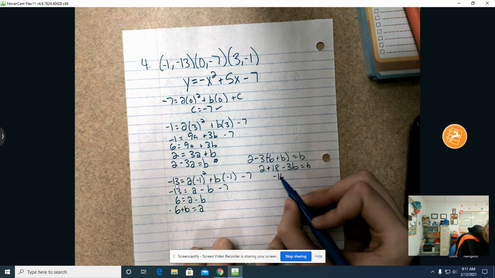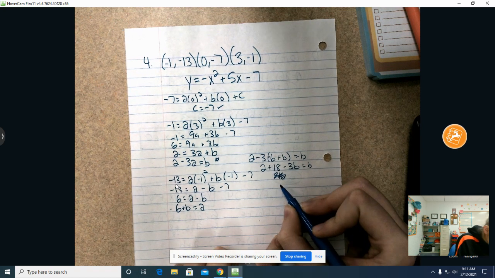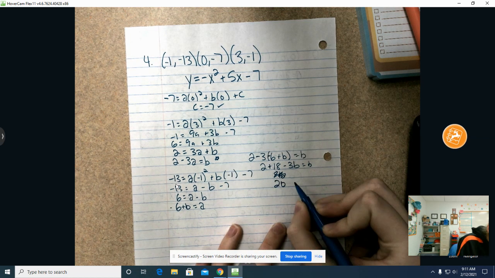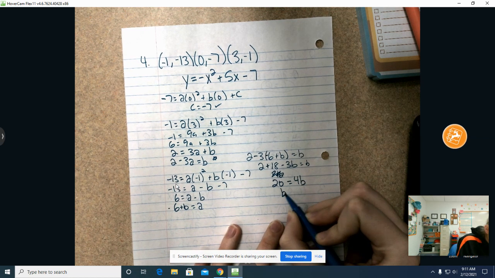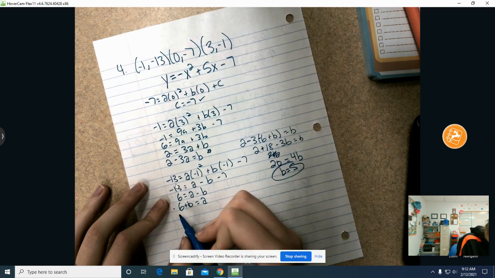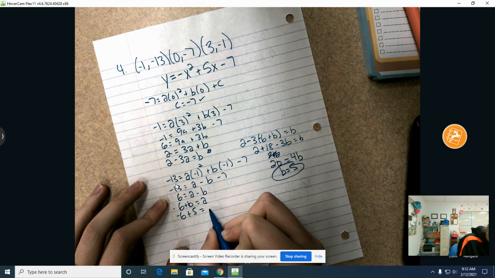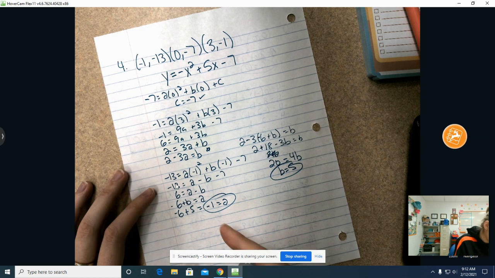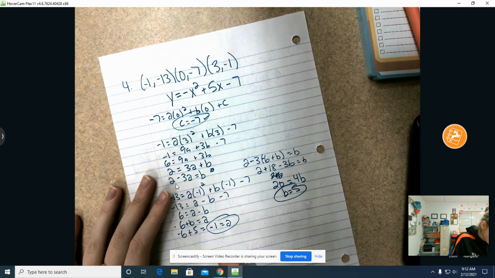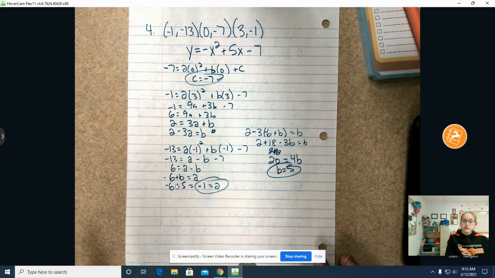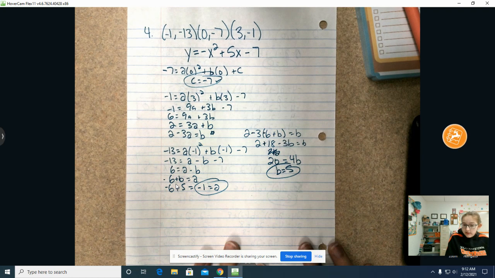This would be a positive 18, so this would be 20. That's still wrong. Oh, no, it's not. No, it's not. 20 is going to equal 4b, so b is going to equal 5. Move your 3 over, b is 5. So then it's going to be negative 6 plus 5 equals negative 1. So a equals negative 1. Okay, perfect. So I have a, b, and I have my c. So then I'm going to get negative x squared plus 5x minus 7. Good. Okay. Now I encourage you to have tried this on your own, but here's an answer key